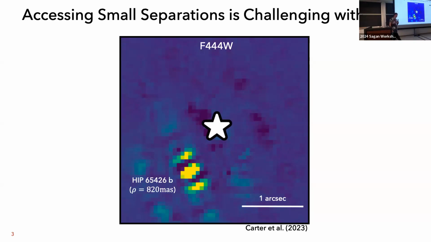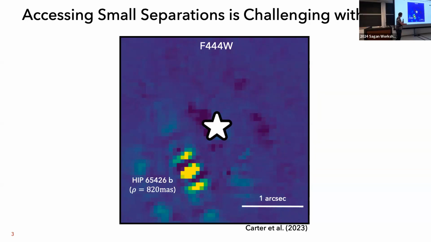AF-B is at a really challenging separation to recover with JWST. It's at only about 300 milliarcseconds, which at 4.4 microns places the planet 2 lambda over d away from its host star. And so that already makes it really challenging. But another challenge that we have to contend with is that the coronagraph at that separation blocks most of the light of the planet. You can see that here on imaging taken of the planet HIP 65426b from the ERS